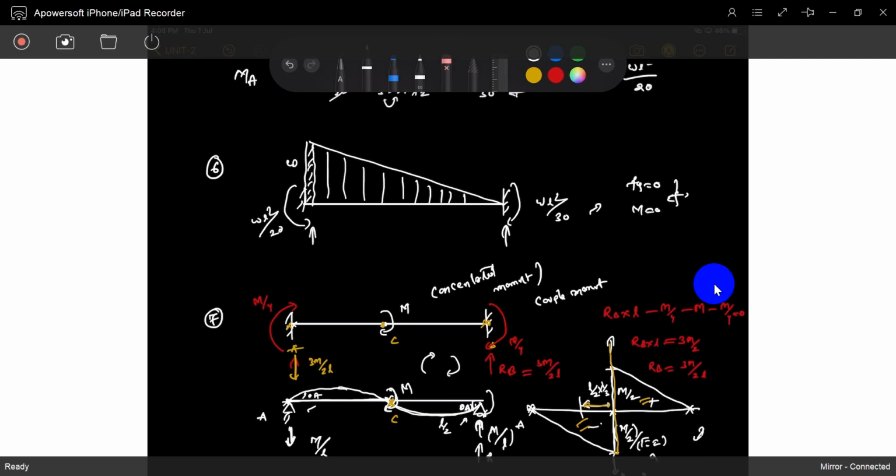Just keep a free mind, and see which direction a slope is generating. To nullify the slope, fixed end moments are generating. That's enough. No need for sagging, bending, positive, negative. But if you are interested, maintain some star marks and plus minus, you can maintain it based on the textbooks or based on previous lectures of another faculty. You can maintain your own code language, this plus, this minus, no problem at all to me. But for myself, I don't remember positive, negative, sagging, hogging.